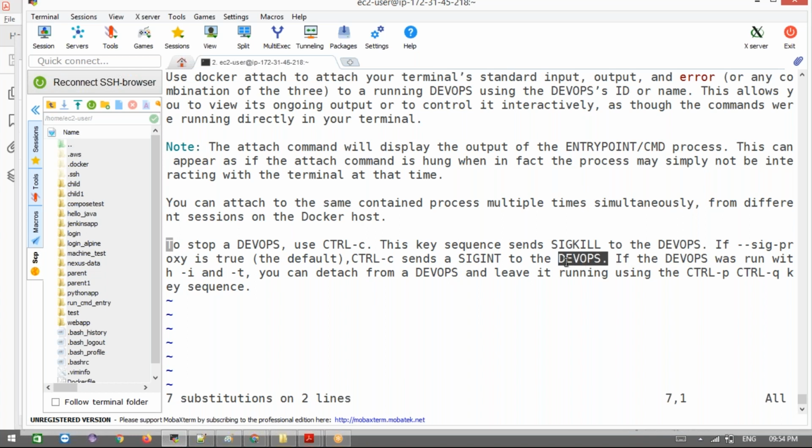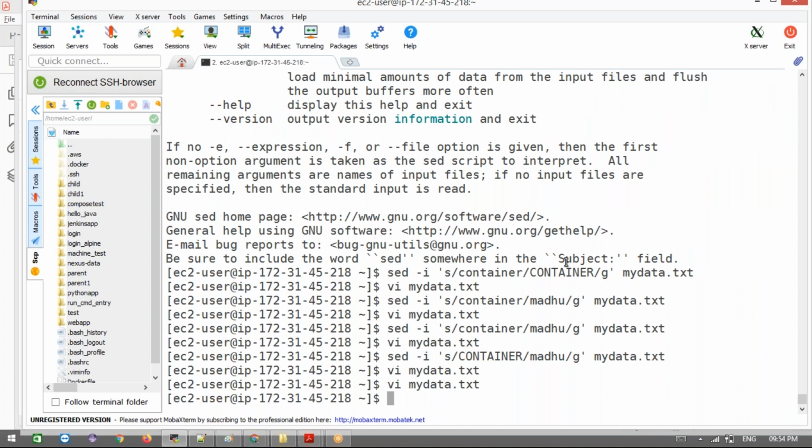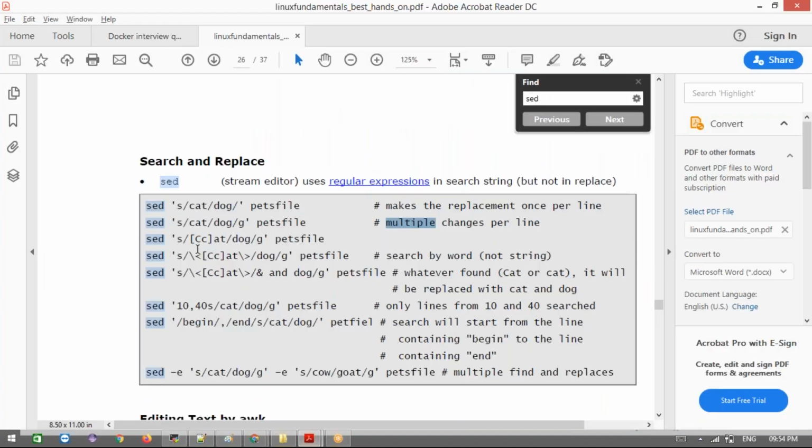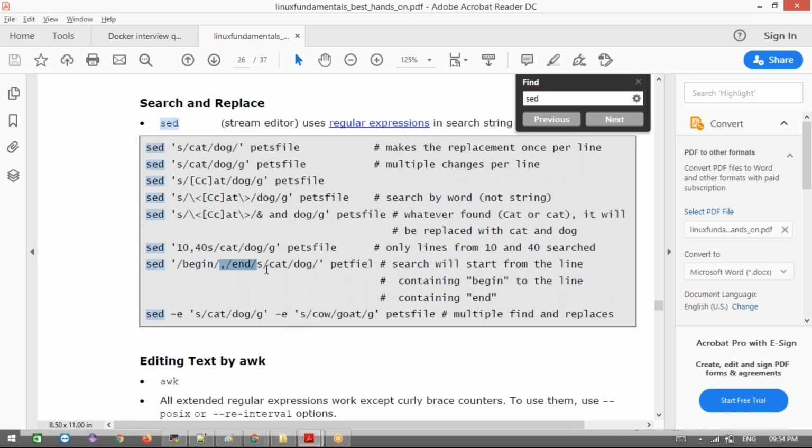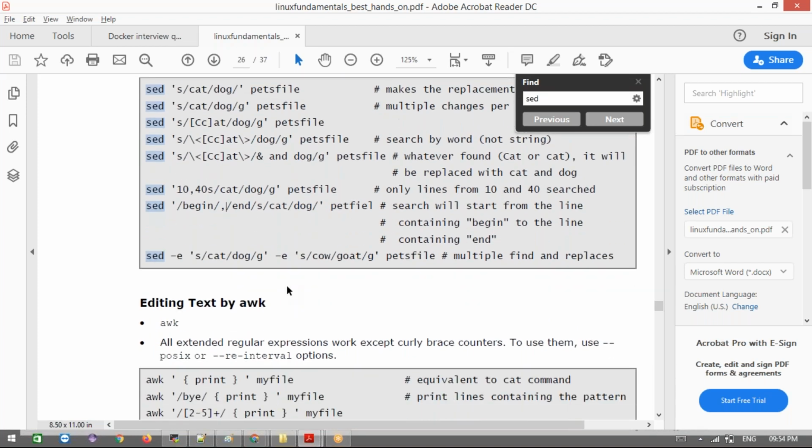Is it clear, guys? We have a shortcut in the vi editor also, and the sed editor lets us make changes even without opening the file. sed will be helpful for us. Not only that, in sed there are a lot of features. You can use regular expressions, change a particular line number, or match lines that begin and end with a comma or semicolon, and so on.